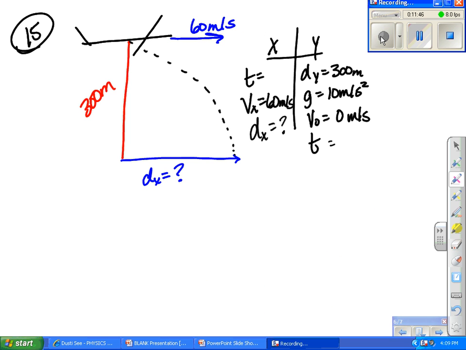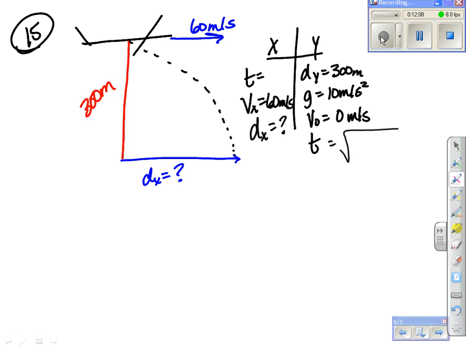All right, if we drop the flour sack out of the airplane, it's going to have a horizontal speed of 60 meters per second, so I listed that under the X. The time it takes to fall is going to be the same time as it takes to go across because we're just dealing with half of a projectile. It's 300 meters up, so that's the dy, and gravity is 10 meters per second squared. So we can solve for t by taking the square root of 2d divided by g, which would be 2 times 300 divided by 10, take the square root. So your time ends up being